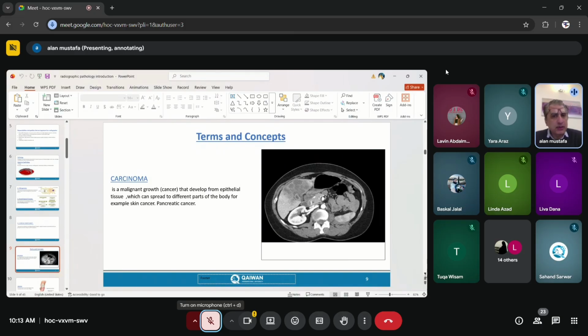They have a high mortality rate, they have a high morbidity rate. They sometimes need many years of treatment, while some benign tumors don't need anything. So carcinoma is a malignant tumor, but a benign tumor cannot be carcinoma. Sometimes it might come as true or false. So you have to differentiate between carcinoma, benign tumor, and malignant tumor.